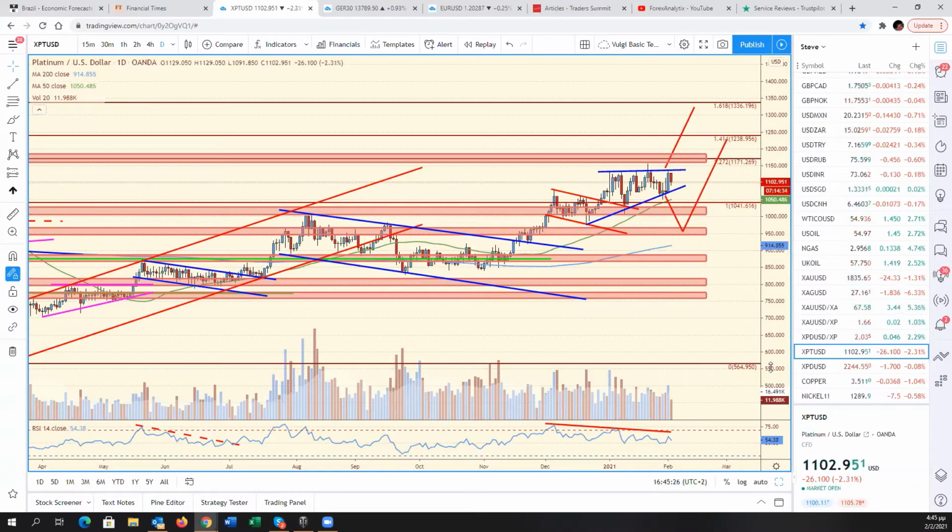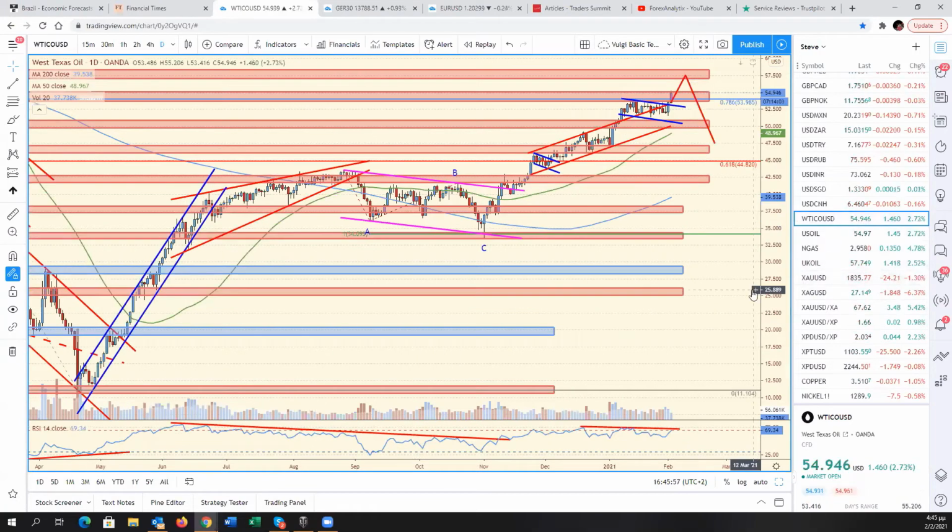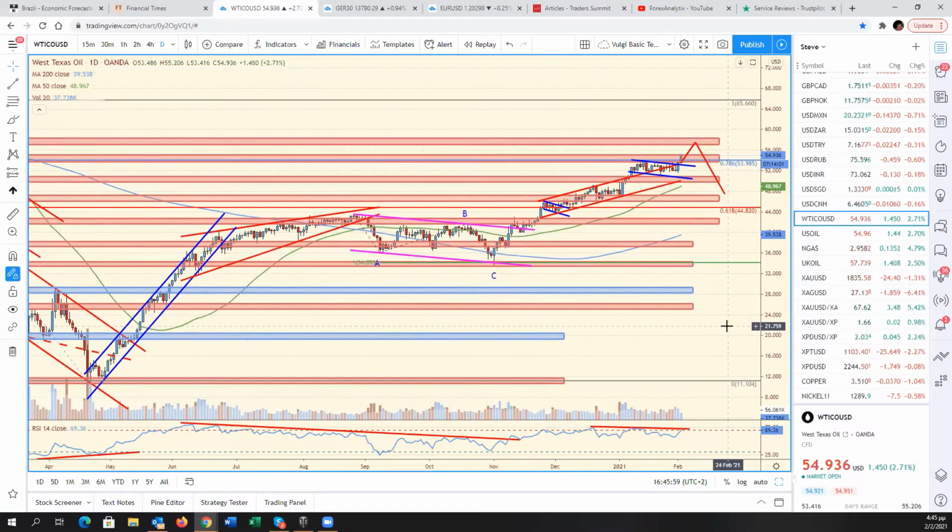A lot has to happen for me to change my opinion here. I think platinum is going to eventually trade a lot higher, and I think that eventual is not far away into the future, right? Now, something else you should pay attention to, and I do pay attention to it, as you know, is copper. Copper seems to be trying to actually convincingly break through this inclined head and shoulders formation today. If that's the case and it gets confirmed, I will be very, very skeptical about the continuation higher in